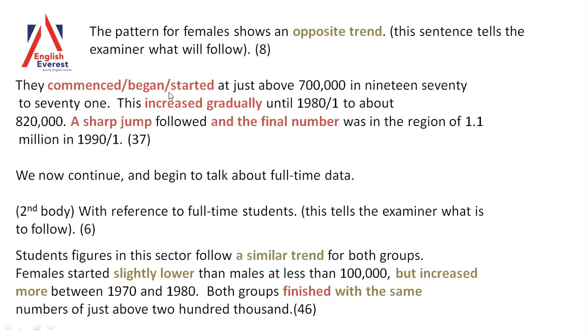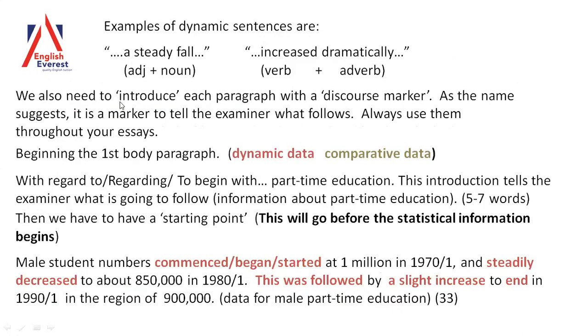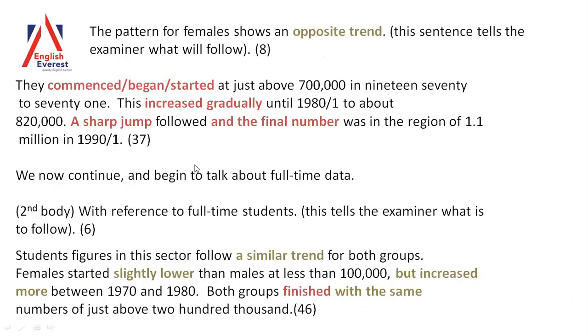They commenced, began, started. So remember, if you use commence, don't use it again here. Use began. Always change your verb. At just above 700,000 in 1970 to 71. This increased gradually or rose steadily or rose dramatically, whatever the information tells you, until 1980 to 81 to about